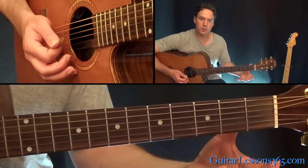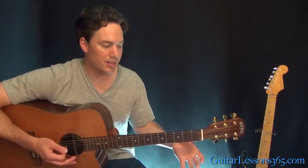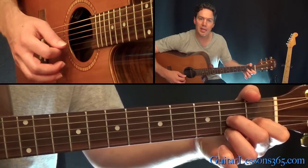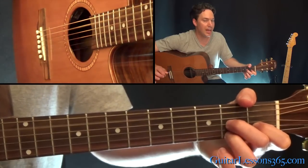So after twice of playing that progression, then we do this, which is a D7 chord. Now, by itself, it doesn't sound that overly correct, but just when all the instruments come together, it's correct. You have this D7 chord, so it's the second fret on the high E, first fret on the B, third fret on the G, open D string, and you have the A in the bass. So the A string in the bass,